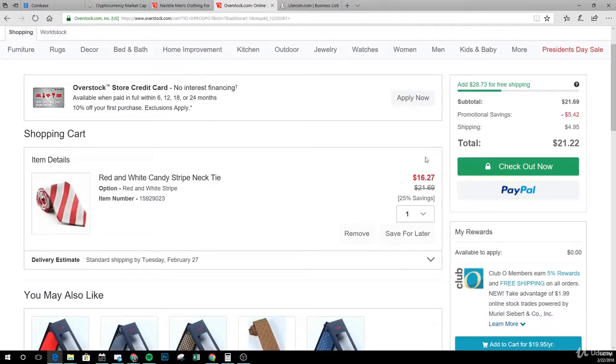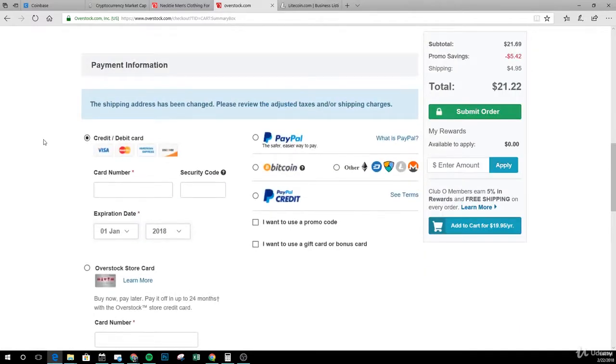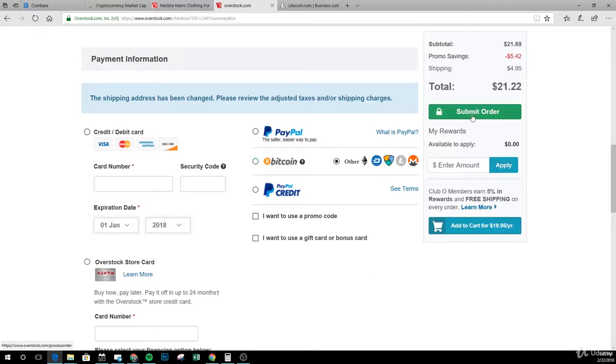It looks very nice. So you can see there's PayPal, but we're not going to do that. We're going to do Litecoin. Go to checkout now, and now I'm just going to put in personal information and then scroll down to the payment option. Alright, so I've put in my personal information, and this is where the fun part starts. So for payment information, you can see there's credit debit card as an option, but over here, right under PayPal, we do have Bitcoin, and then there's other, and you can see that we do have the Litecoin logo on there as well. And there are some other options on here, such as Ethereum, Dash, Monero, and I believe that one is Iota. Okay, so we're going to click on other, and then I'm going to hit submit order, and